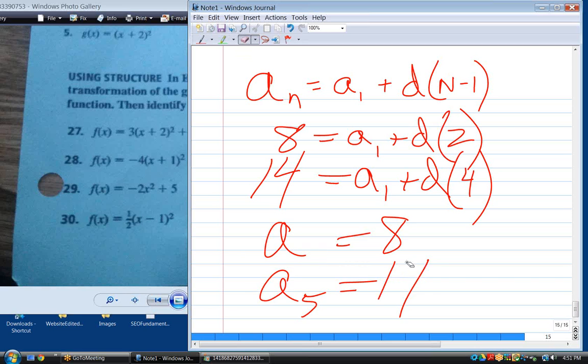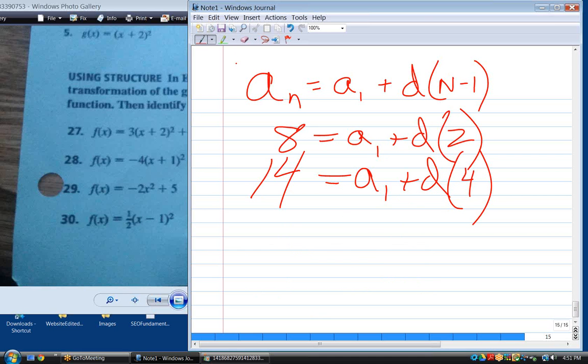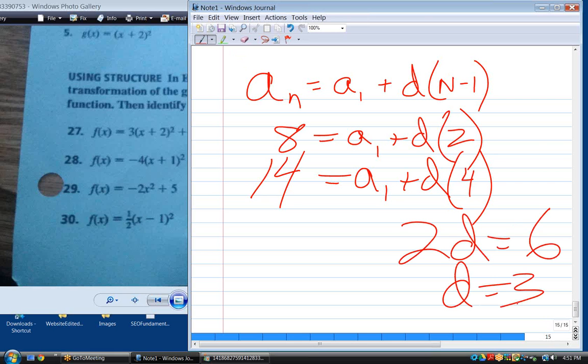Well, now that gives me two equations and two unknowns. I can solve this. So all I have to do is subtract the first one from the second one, and I get 2d equals 6. So the common difference has to be 3. Once I come up with the common difference, I can figure out that a sub 1 is 2,